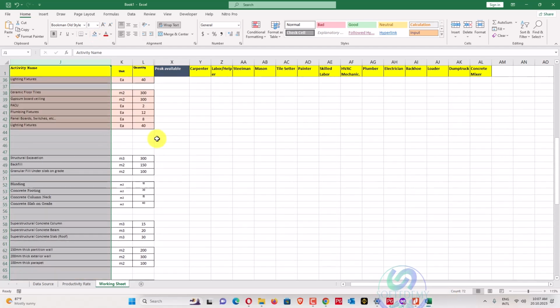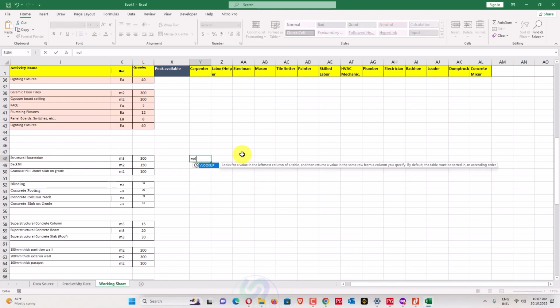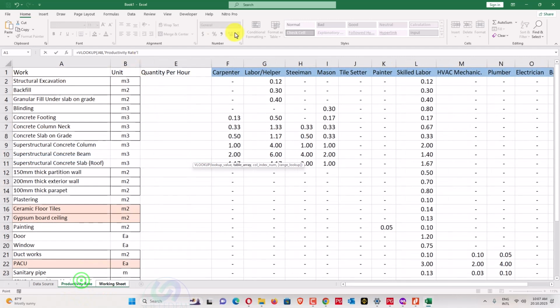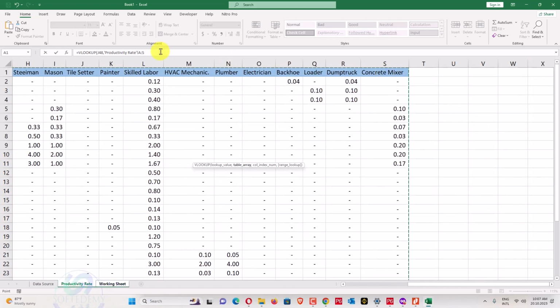And now we'll just go for VLOOKUP. VLOOKUP is majorly used. We'll start from carpenter. We'll apply a formula, equal to VLOOKUP, where we have to find the similar in productivity rates. Here we have productivity rates, and this one is 6 number. We'll go here from 6 to 19. And now we have up to 19. And this one we have quantity productivity rate.